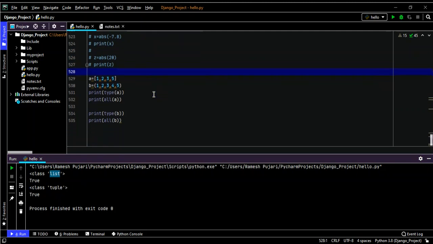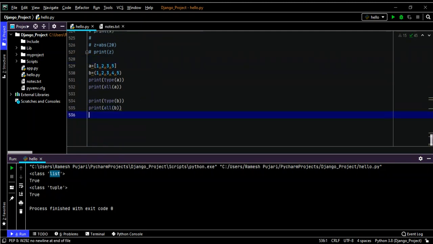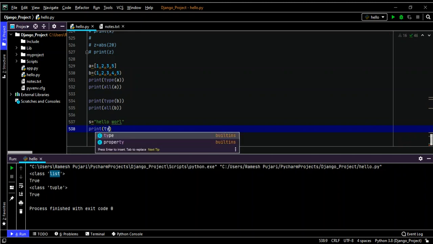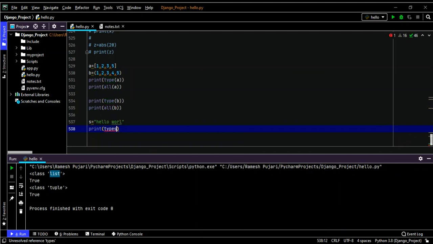So I will show one more example with different data types. S is equal to, I will take one S and I will specify the string here, hello world, and I'll print the type of S. So the class should be string.